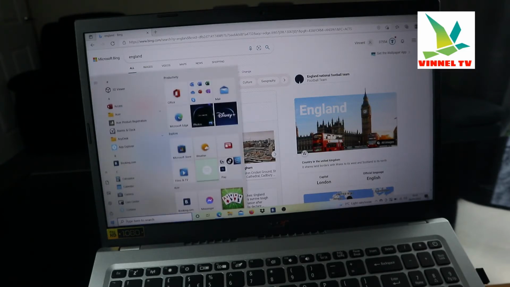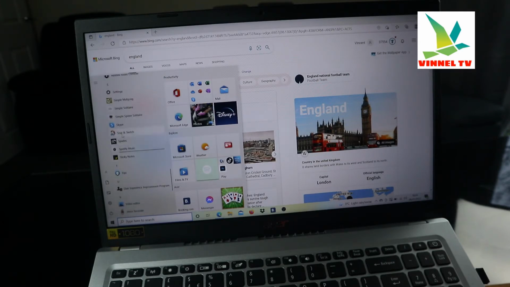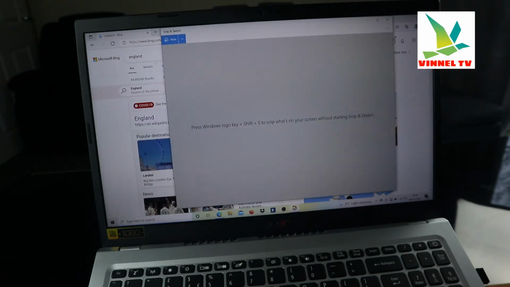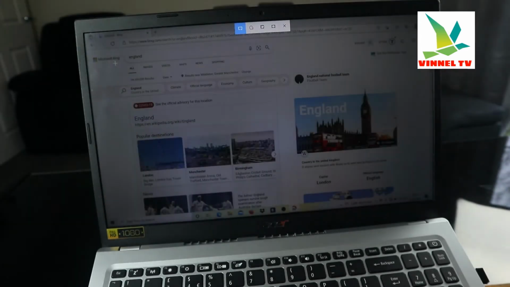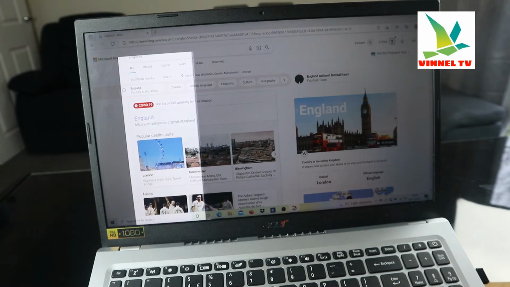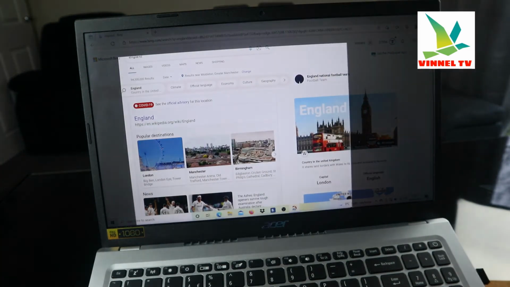So you go to your start button and look for Snip and Sketch. Here it is. You click on it. So always make sure, that's a must, always make sure you have whatever you want to snip ready before you bring up your Snip and Sketch software. So you click on new. So there it is. You can just copy, and that's